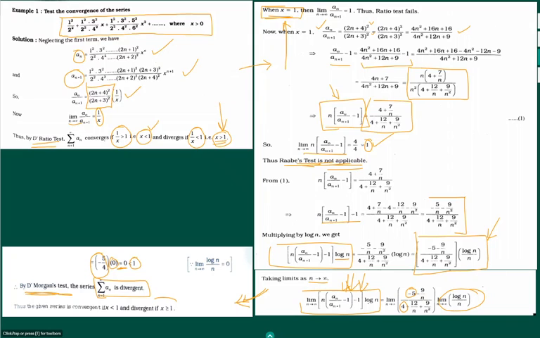So the series is divergent if x is greater than or equal to 1, and the series is convergent if x is less than 1. So that completes the proof of this, and let's now do an example of